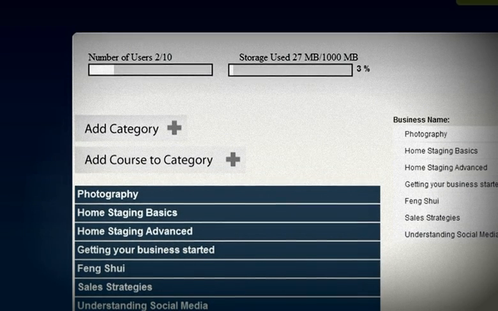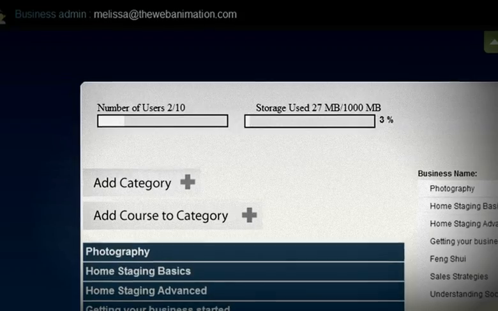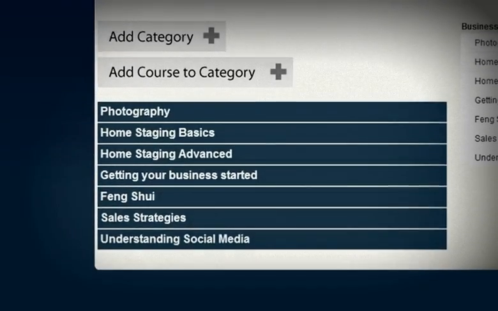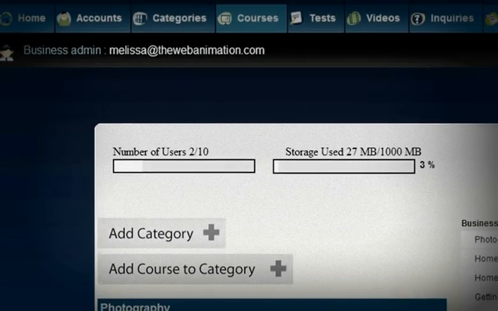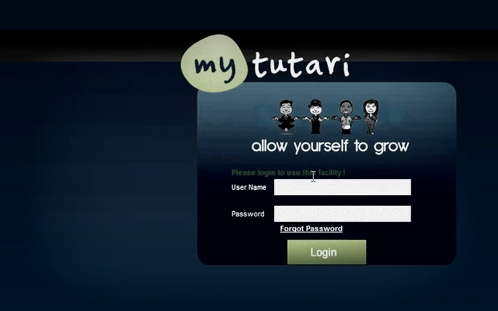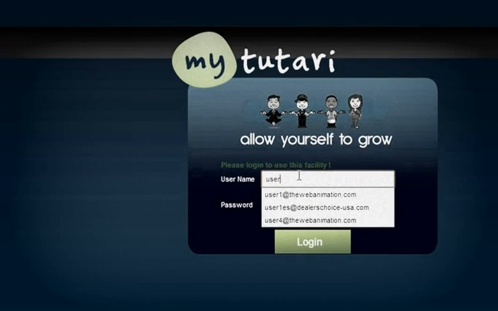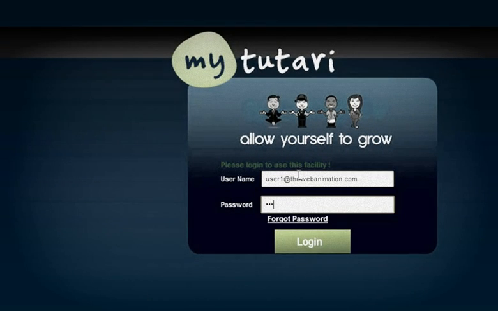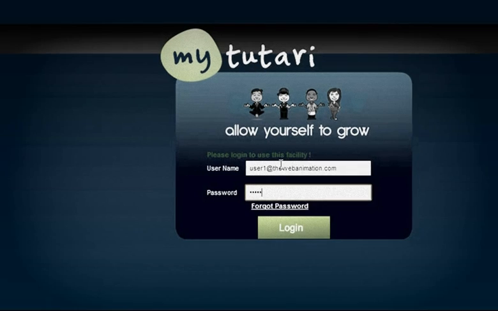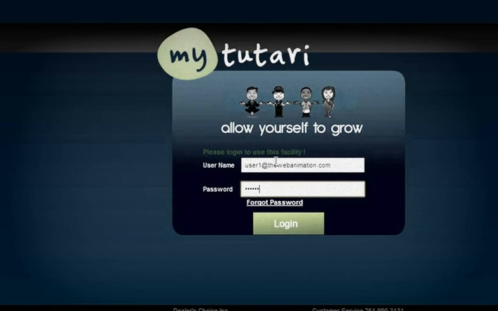So I'm going to log in as a user to show you what an actual subscriber sees once they log in. I'm going to sign out of the program real quick, and sign in as user 1 that I just created for you to test this, and log in, password,